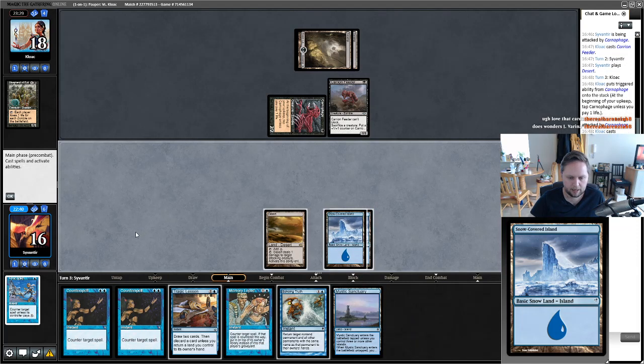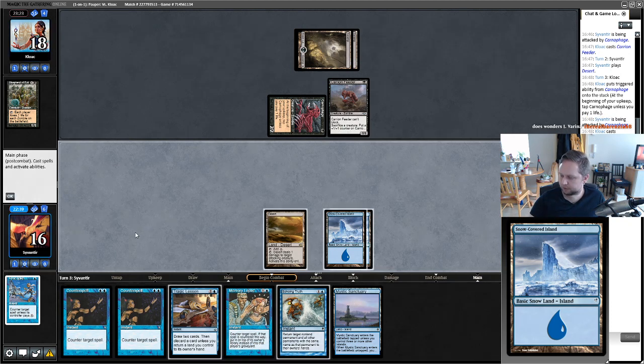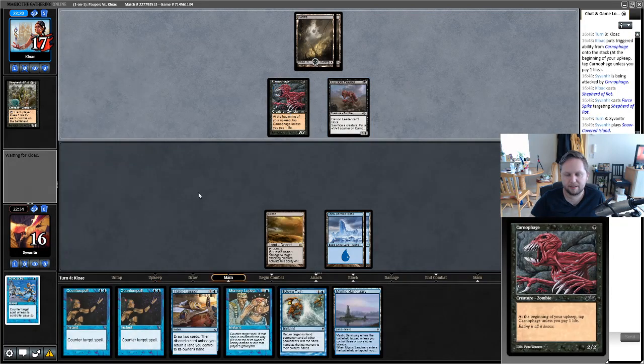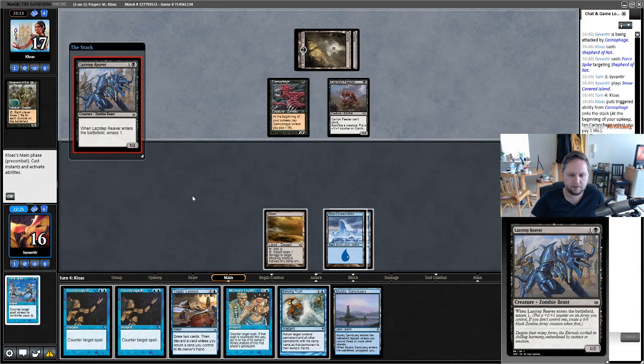Snow-covered Island, and I'm gonna pass the turn. Yeah, Shepherd of Rot's a hell of a card. They're definitely on zombies, if I wasn't clear enough about that yet. Zombies is a tough one and has been showing up a lot more lately. Desert was also printed in a From the Vault set, interestingly. Okay, I don't want to have to deal with 2 bodies, so I think I'm going to...